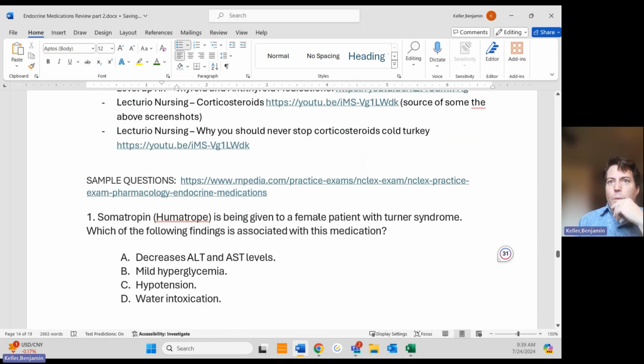Somatotropin, Humatrope, is being given to a female patient for Turner syndrome, and if you remember, that's when they have one X chromosome. Which of the following findings is associated with this medication? Decrease ALT and AST levels. I don't recall anything that has to do with that, but ALT and AST are liver enzymes. What about hyperglycemia? I remember something about hyperglycemia, right? Hypotension. No, I don't think we recall anything about that. Water intoxication. No, that would be SIADH, right? So let's go with